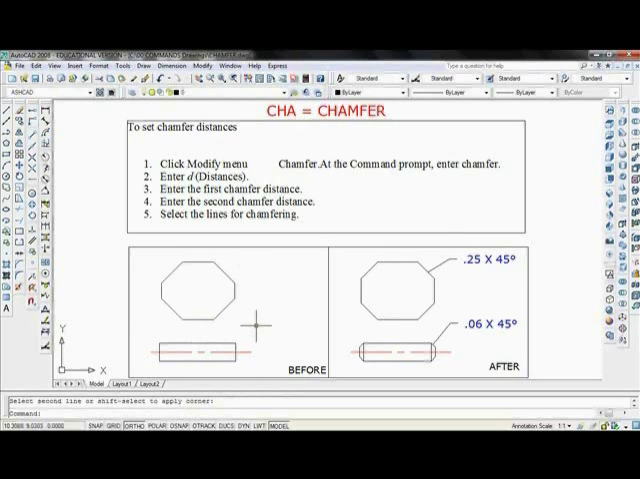As far as the shaft goes, I'm going to type CHA, enter again, try it. CHA, enter. D, enter. This time the distance will be 0.06, enter. And I'll enter it again because I want it at 45 degrees. So now I'll select the corner, repeat it down there, and again on this side,